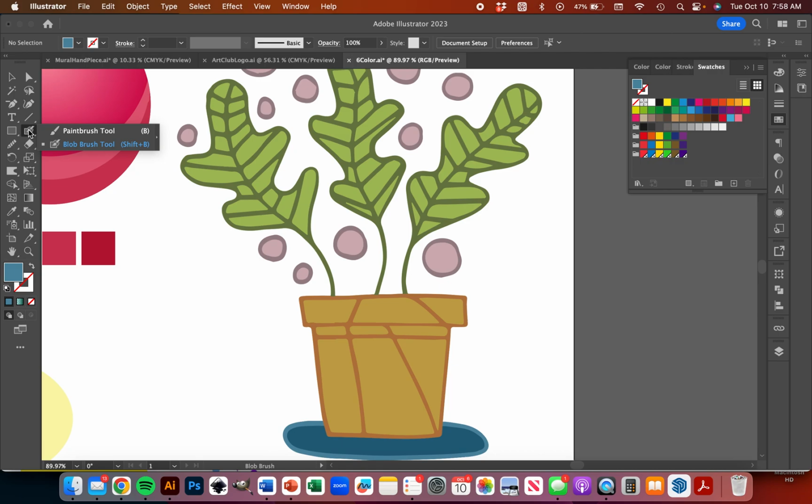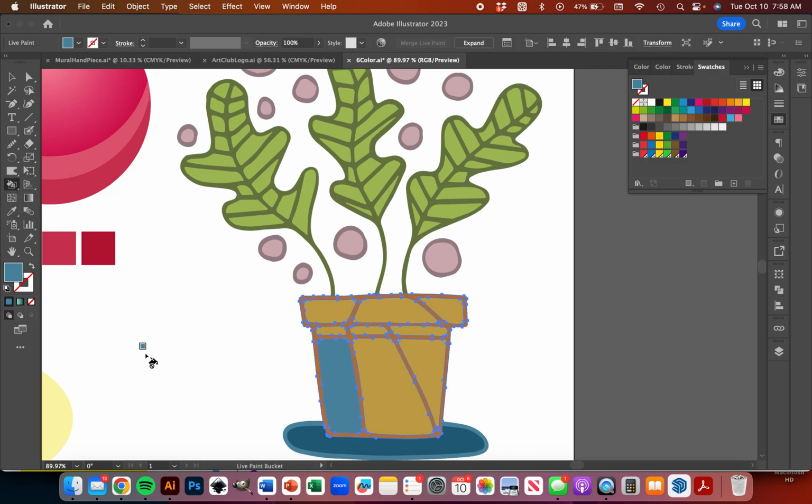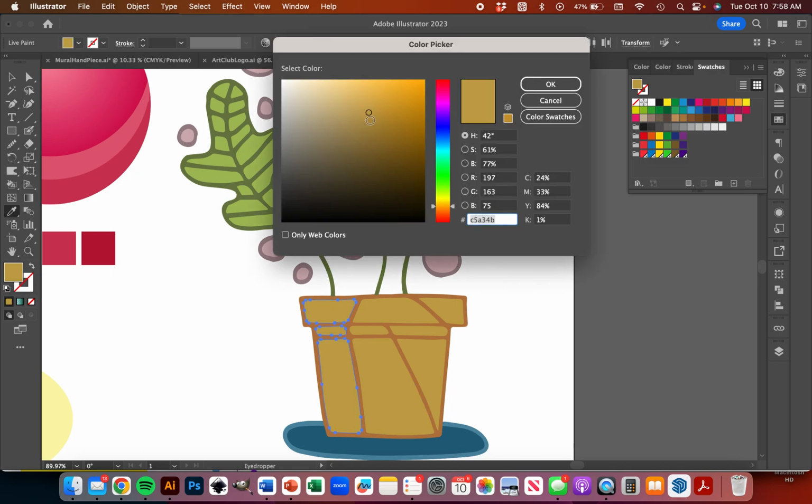I'm just looking if there's another tool that I can use to fill that in. I'm just kind of surprised. I need to select them both, and that's why it's not working for me. That's it. Yep, I forgot to select them both. There we go. So now I should be able to select those individually and make them just a little bit darker here. So I just want to bring those down